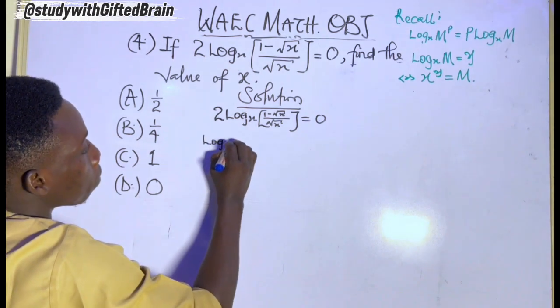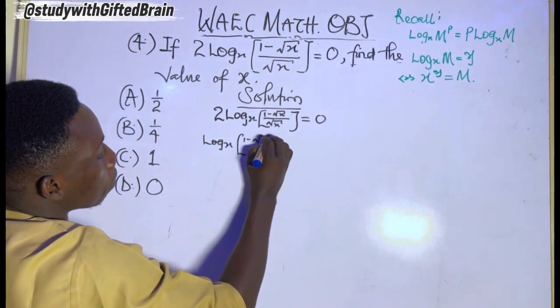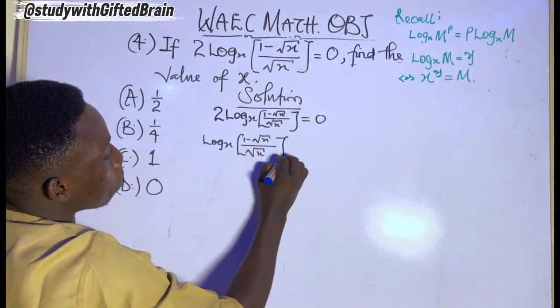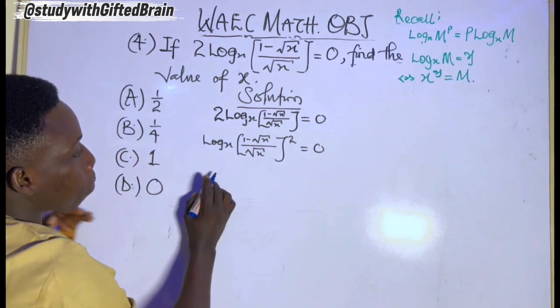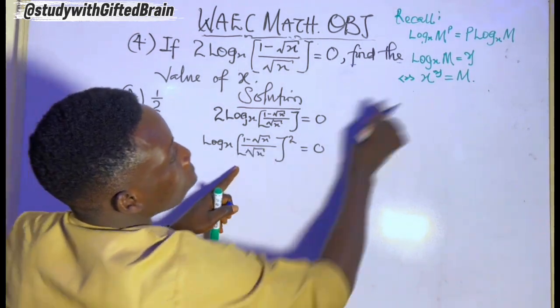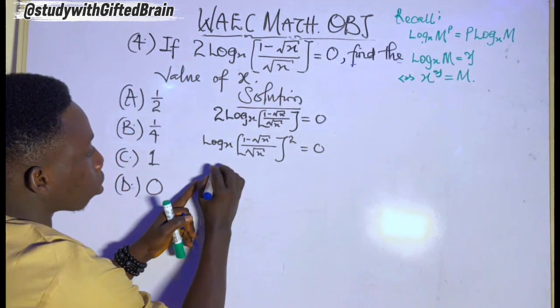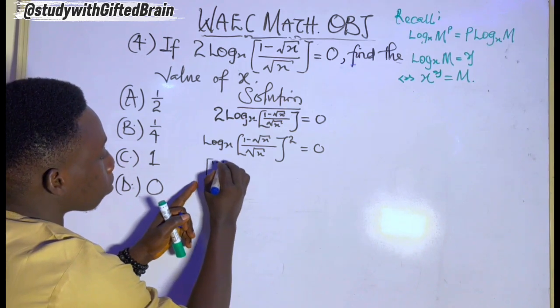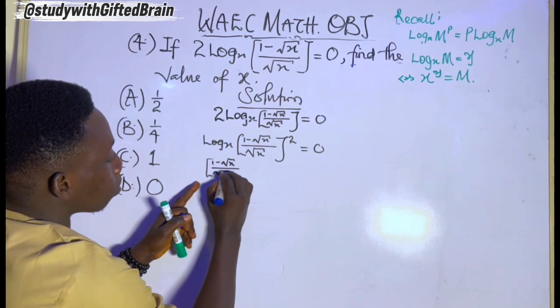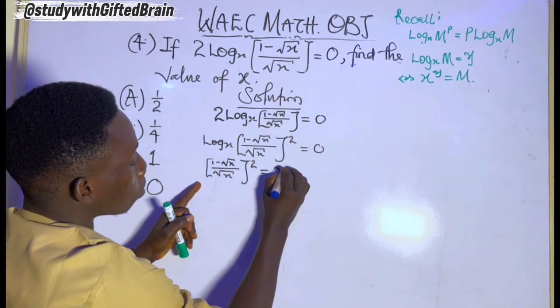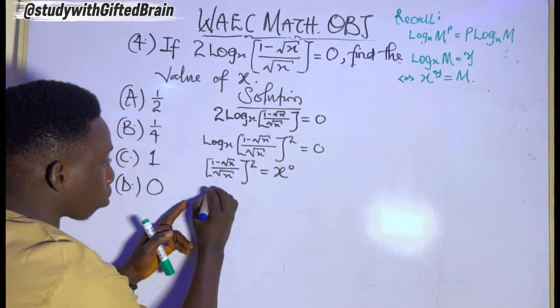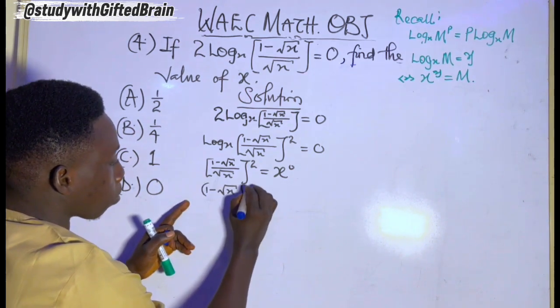That is, when we have log m raised to power p to base n, it becomes p log m in base n. Then, following the second law, the general law, that's the relationship between indices and logarithm, we express this as (1 minus root x over root x) raised to power 2 equals x raised to power 0. Now, simplifying what is inside the brackets on the left-hand side,